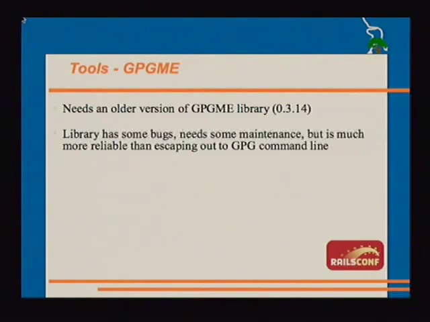There is a library for doing it programmatically called GPGME. GPGME are C bindings for the GPG programmatic library. So there's the GPG command line, and then there's GPGME, which is a programmatic API for that command line tool. And then Ruby GPGME is the Ruby bindings to the C bindings to GPGME. The current version of Ruby GPGME only works against GPGME